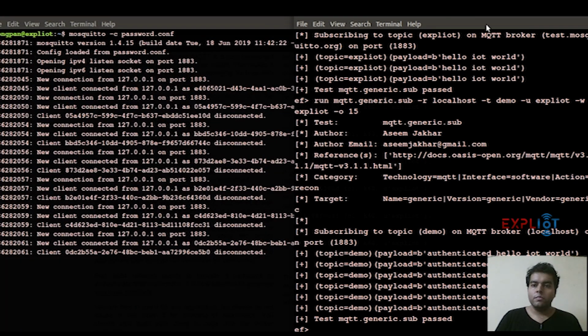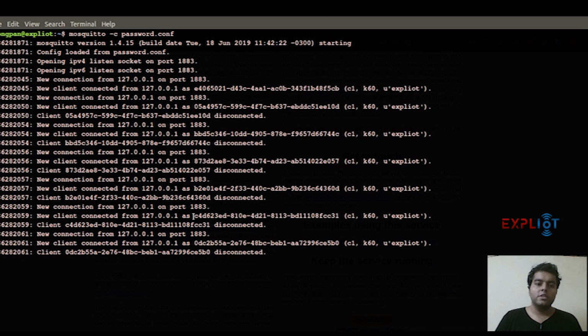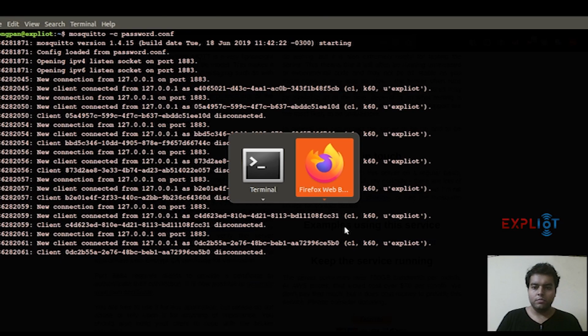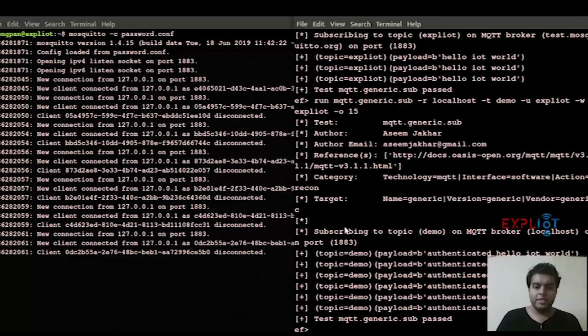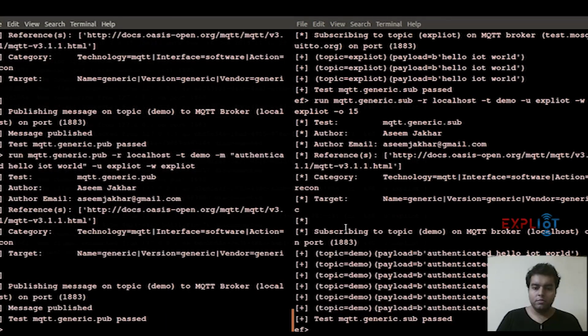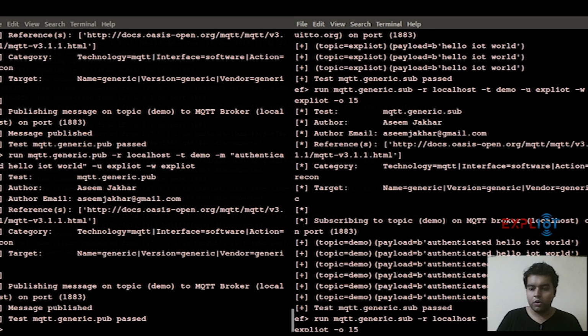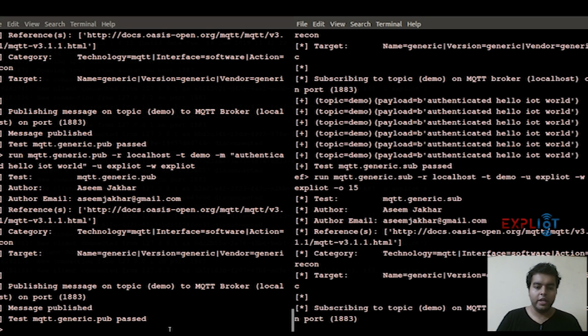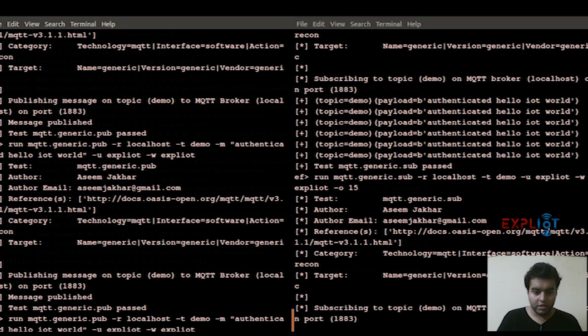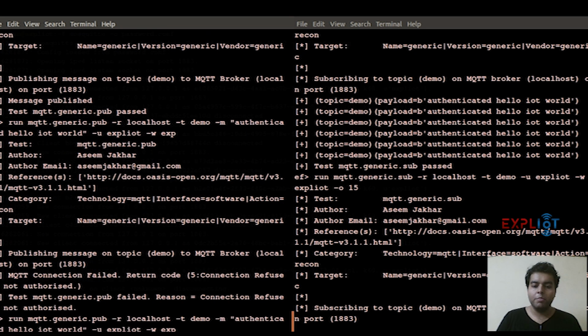You can see the logs here as well, basically our server logs. I'll quickly show you what happens if we enter a wrong password, like if we try to publish with the wrong password. Let's say I have used exp in place of exploitee, so it won't publish, the connection would be refused.